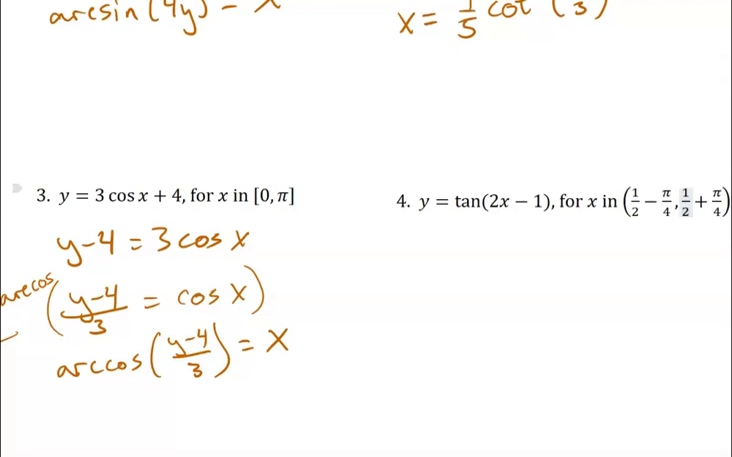So taking the arctangent of both sides, so arctan or tangent inverse, doesn't matter, of y is equal to, and then this is undone, sorry, that's my dog whining, 0,